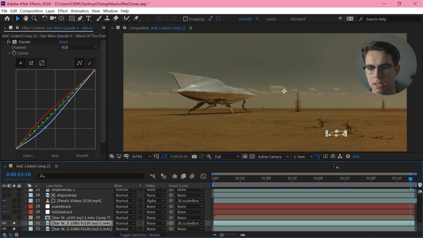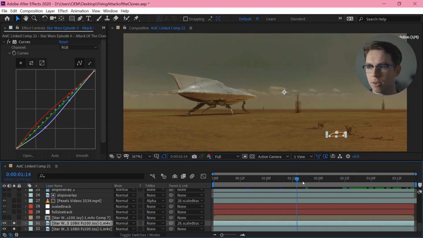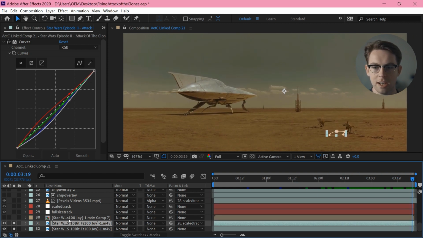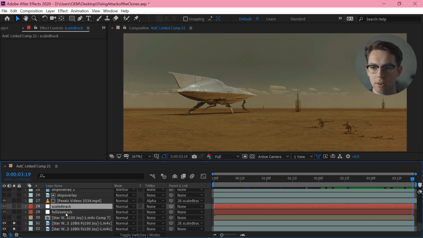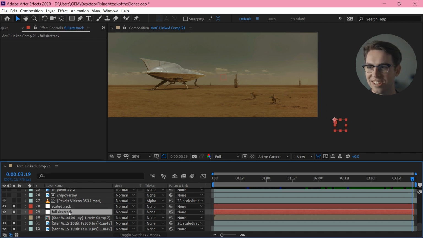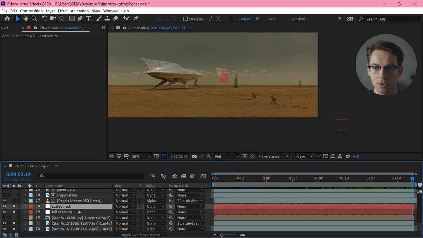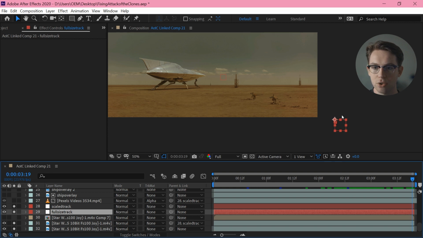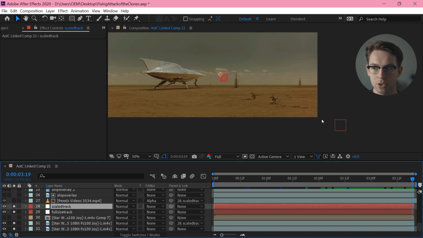And this, as with basically everything else, has to be tracked into place. There's a slight bit of camera movement on this, just tiny, but I did have to do a track of the whole frame, and basically every element that I'm adding over top of this footage is tracked into place by parenting it to that track. And the reason there are two nulls is because, again, sometimes I'm working with the 2K footage and scaling it down. So I have the actual track of the actual footage, and then I have a scaled down version, which is taking the tracking information from this null and just halving it.